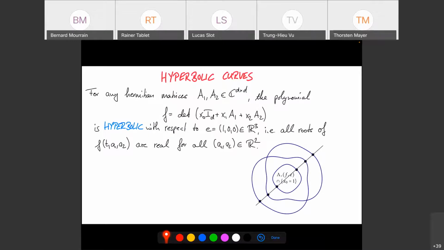So this whole Kippenhahn story, we'll do this for hyperbolic curves. Daniel mentioned the Helton-Vinnikov theorem. Every hyperbolic curve is in fact the boundary of a spectrahedron, right? It has a determinantal representation, a positive definite one.